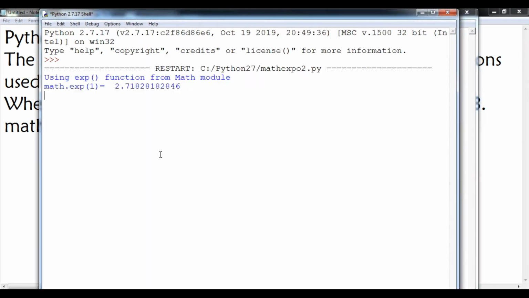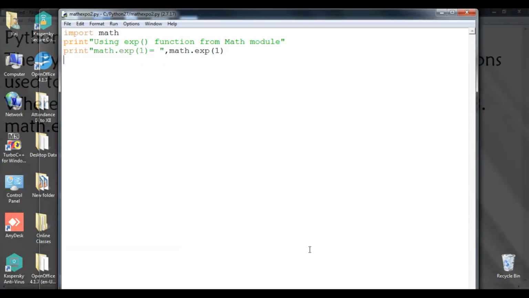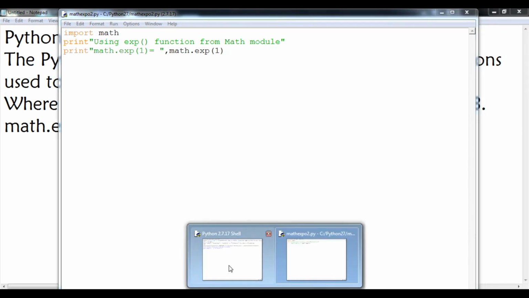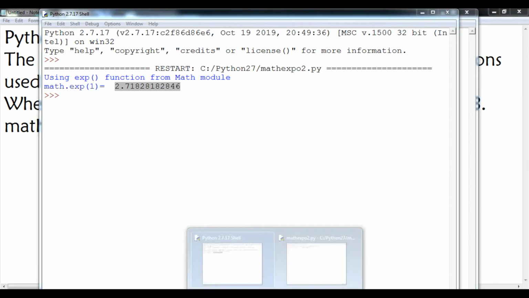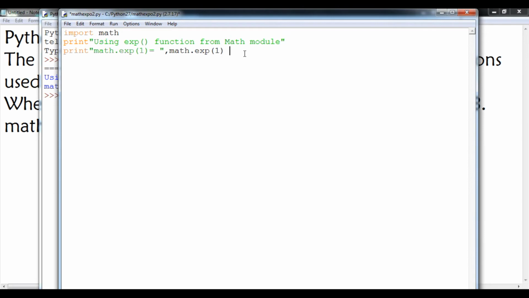After that you can see the output will come. This is the particular code. So math.exp 1 gives 2.7182 and so on. Okay, it is approximately the same as this one. Now after that we can write the next code. Here e is equivalent to this value. So here we are getting the exponential form of the given number. Here e equals this value.